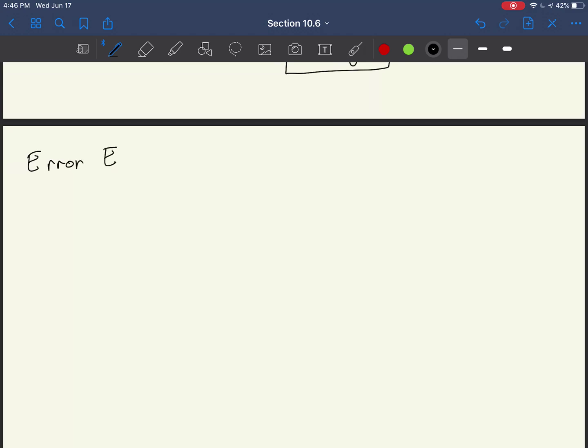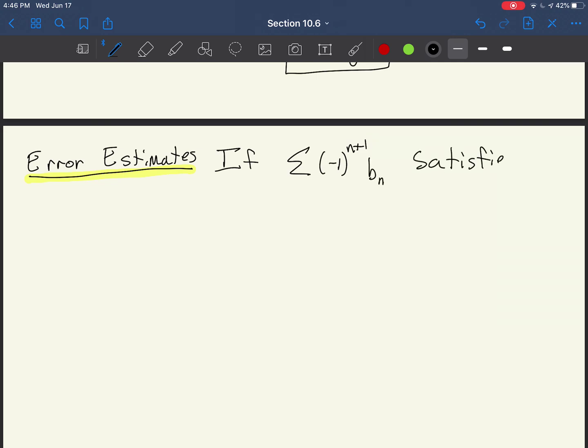So the alternating series test and alternating series in general are very nice because we get nice error estimates. We haven't talked about error estimates yet in terms of series, so let's do that now. The error estimate for alternating series says if the summation of -1 to the n plus 1 bn satisfies the alternating series test, so it was shown to converge using the alternating series test,